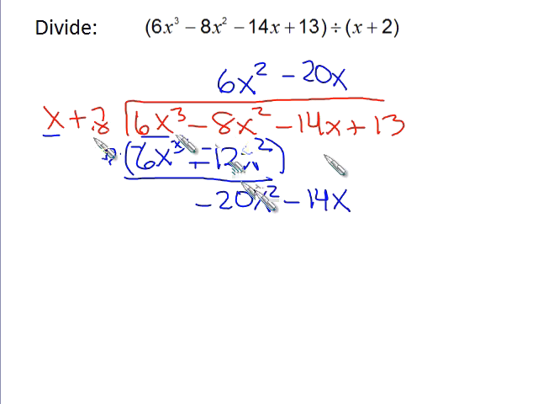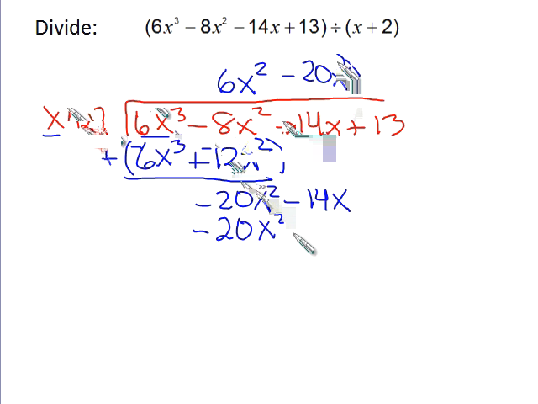We have a check here because it should line up in the same power of x. Multiplying it back through, you should get exactly this first term. So you have a couple checks going on in here. And then negative 20 times a positive 2 is a negative 40x. And once again, we needed to subtract these values, not add them, just as in long division.